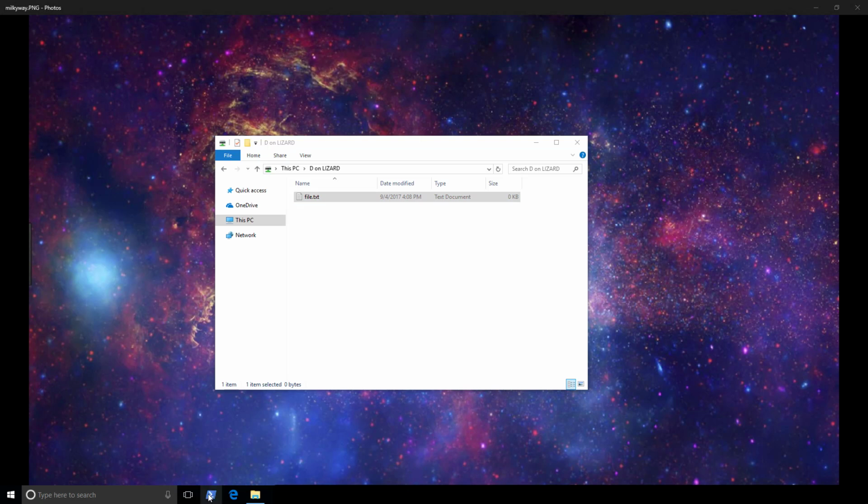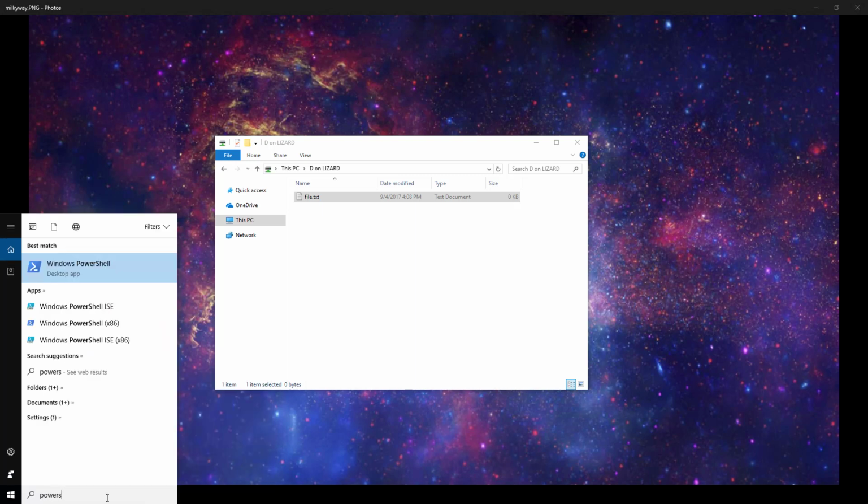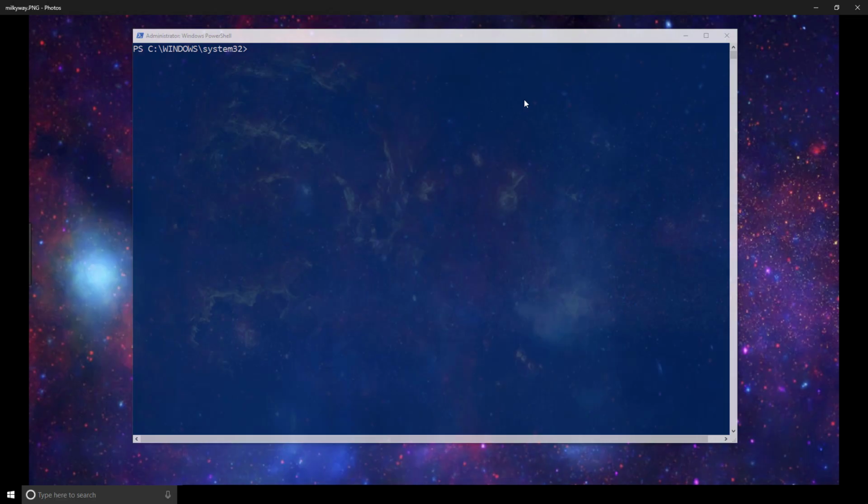We have to do that as an administrator, so I have PowerShell pinned to my taskbar here. If I right click and run as administrator, then that will do it. If you don't have PowerShell pinned though, you can just search for it from your search menu and right click, run as administrator from here. So now we have PowerShell running as an administrator here, and the first command that we're going to run is